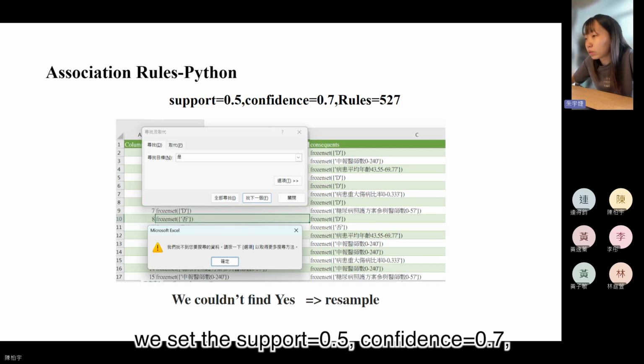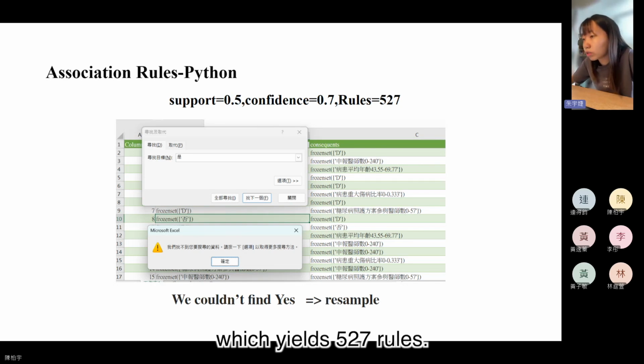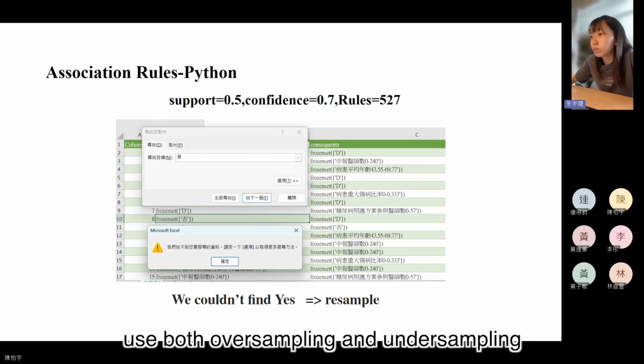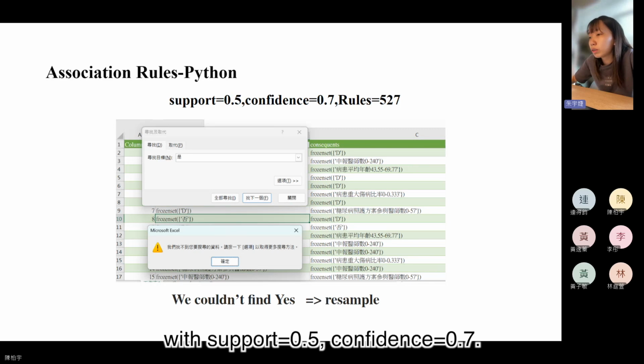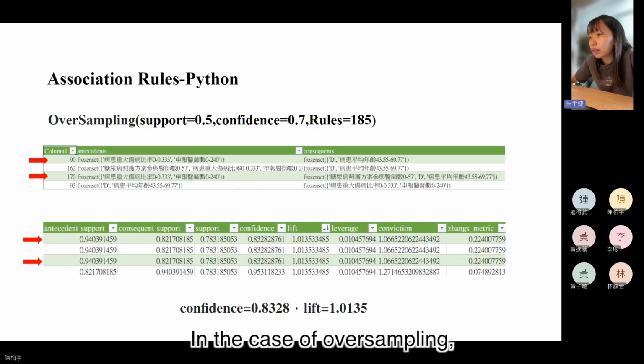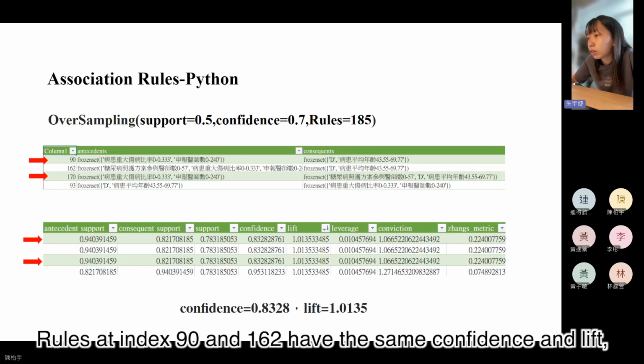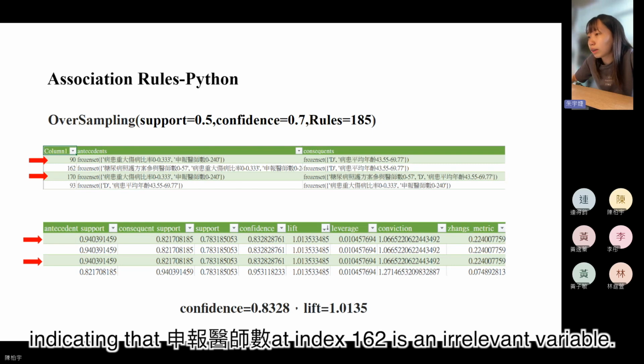We set the support to 0.5 and the confidence to 0.7, which yields 527 rows. However, we couldn't find rows where the target variable is yes. Therefore, we need to perform resampling, using both oversampling and undersampling, with support set to 0.5 and confidence set to 0.7. In the case of oversampling, rows at index 90 and 93 are identical. Rows at index 90 and 162 have the same confidence and lift, indicating that 申报医师数 at index 162 is an